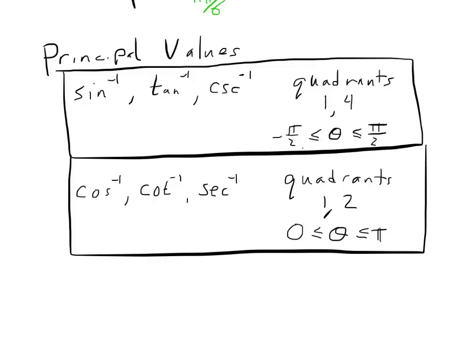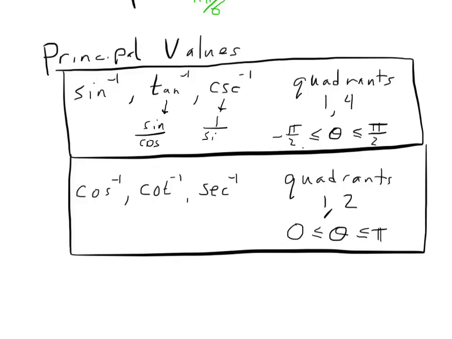The one thing I will say is that in my mind, all of these are primarily about sine. So this function is sine. This function here, remember that tangent is sine over cosine. So I feel like sine is the predominant function there, and cosecant is 1 over sine, right? Down below, it's cosine. Cotangent is cosine over sine, so there cosine is the predominant function, and secant is 1 over cosine. So again, cosine is the function that's sort of defining everything happening for the bottom ones. Sine is the function defining all the things that are happening for the top ones. So now that we have these things,